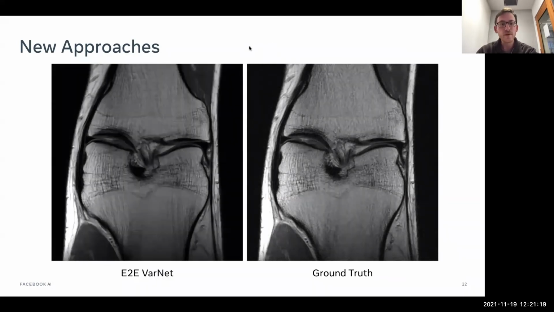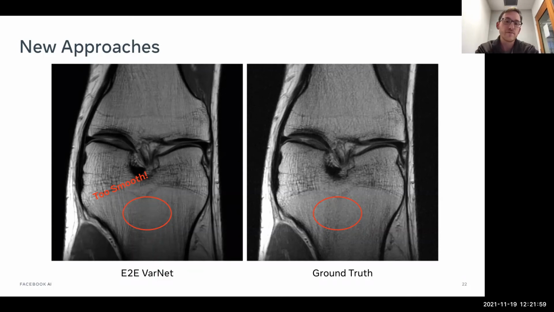Now, even though our image quality was going up quite a bit, we would still go to our radiologist review sessions, and they would still reject these images because they're very sensitive to anything, fine features, anything at all. And actually, if you look at this image, in this dark region, you can still see the smoothing property compared to ground truth. You can tell that it's not exactly IID down here, and it gets worse at lower field strengths when there's a little bit more denoising that the network naturally does. And so this was another blocker for a little bit.